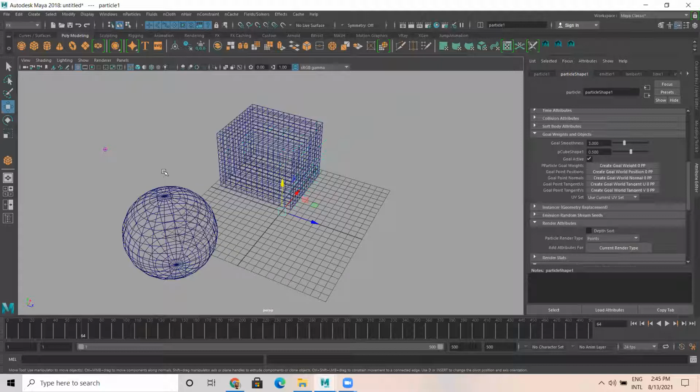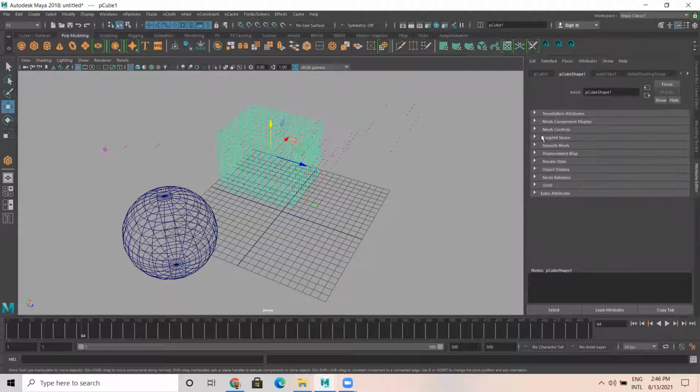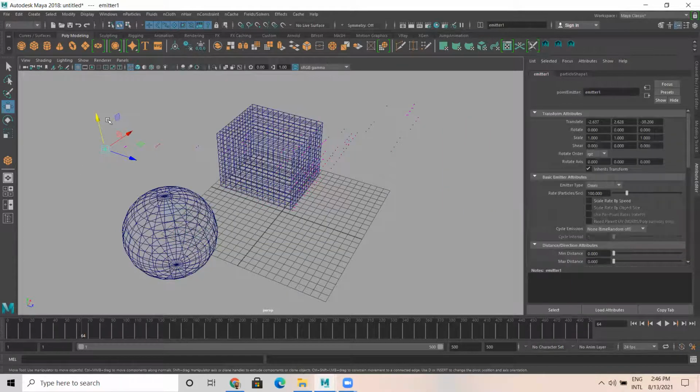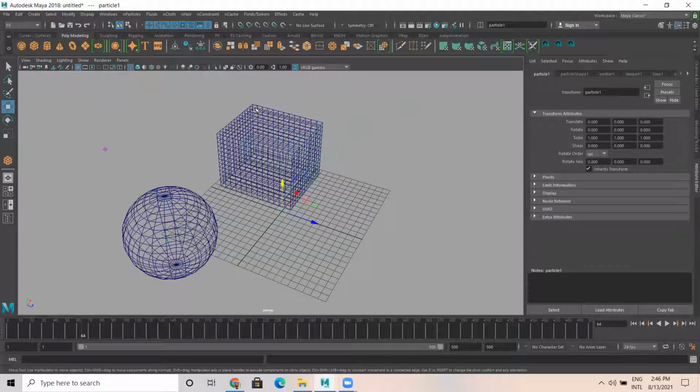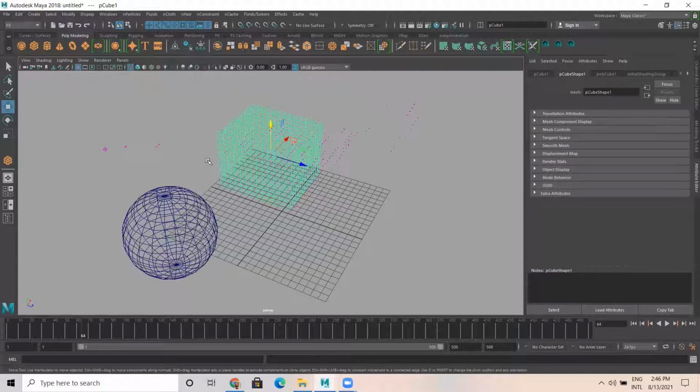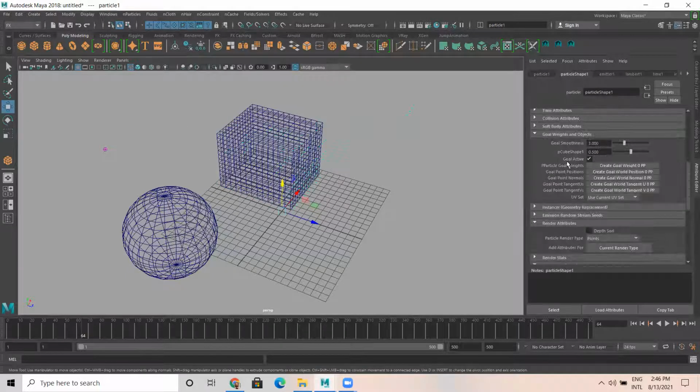So anyhow, I was explaining goal effects: how do we link a particle simulation to multiple objects, like multiple goals? I have taken a cube and added a mesh for this, and I have taken a sphere. Then I have taken one emitter. The emitter is emitting particles. Select the particle, select this particular object, and I have given goal. Only that much I have done. Later, when you select this particular particle, it shows it is linked with one polycube.